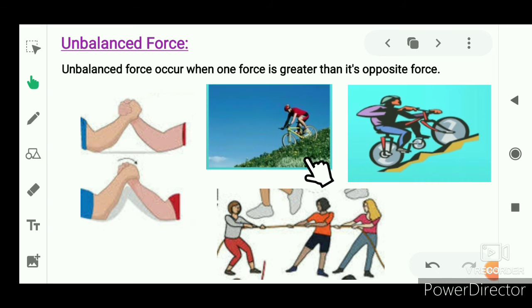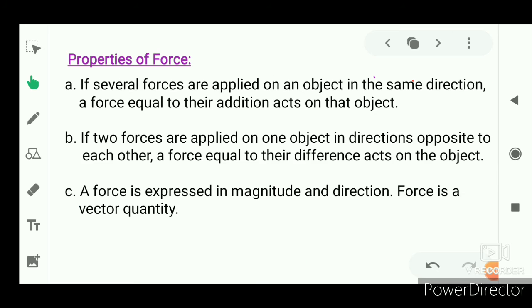In this figure also, the gravitational force is acting in the downward direction and a man is also applying the force in the downward direction. So both the forces are in the same direction. So this is an example of unbalanced force. Okay,